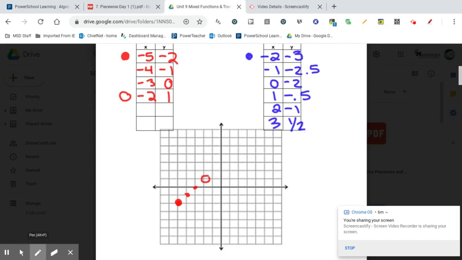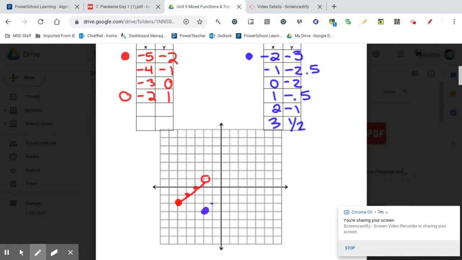And then I'm just going to stop there. I'll connect it using a straight edge that I don't have, so my straight line is pretty ugly. But if you can make a straight line, that'd be great. And then the other function, we're going to go ahead and graph as well. So negative 2, negative 3. And that's a closed circle, so I'll go ahead and make that closed. Negative 1, negative 2,